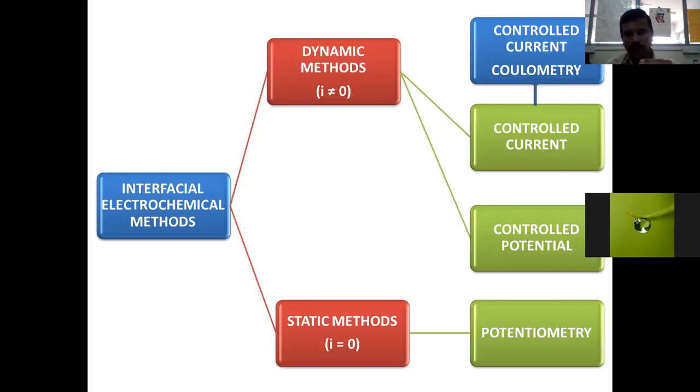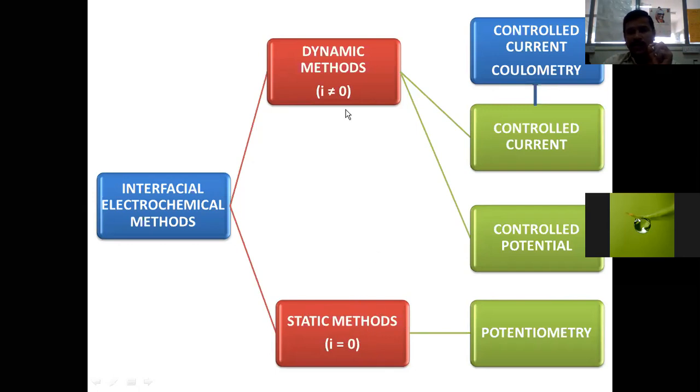You will have a cathode and an anode, and you will immerse both of them into the solution. You keep on adding the titrant, you keep on mixing the two reactants, and you will be measuring the potential difference at different intervals over the course of the chemical reaction. This will be seen in potentiometry. At no point will you be aware of the current. That type of electrochemical method is called a static method, in which there is no generation of current. We are not going to utilize any information about current because there is no current generated. Such electrochemical methods are called static methods.